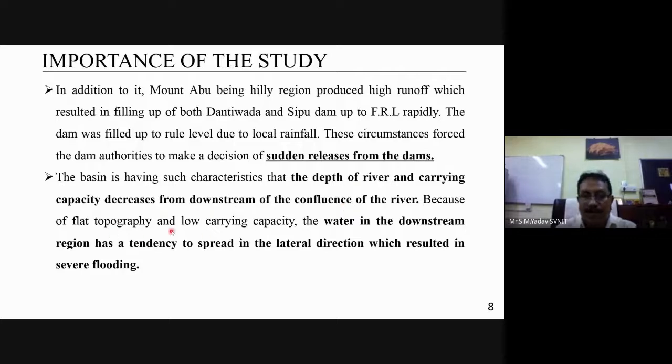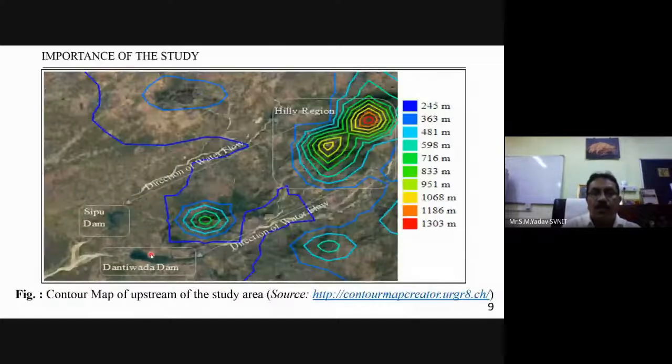Because of flat topography and low carrying capacity, the water in the downstream region has a tendency to spread in the lateral direction, which resulted in severe flooding. So, you can see in this figure the contour map of the study area, wherein this is the Mount Abu region, that is the hilly region you can see here, which has very heavy rainfall, 1,303 mm, and as